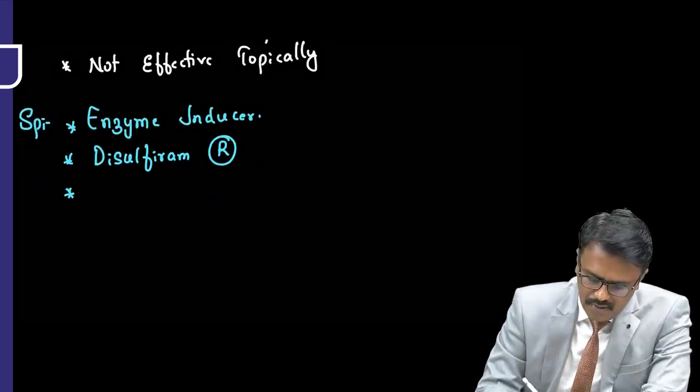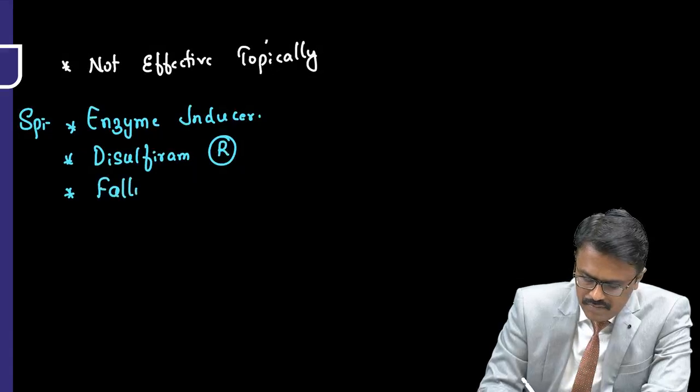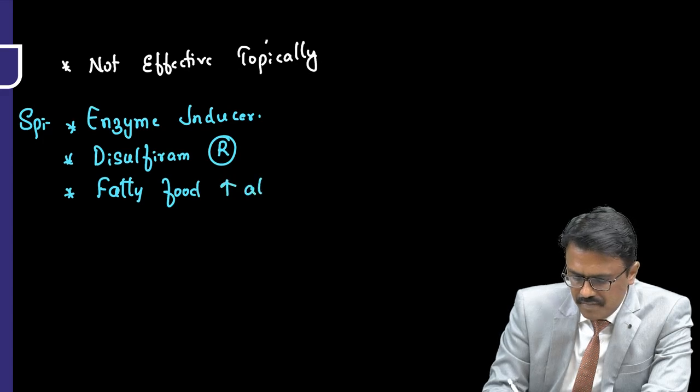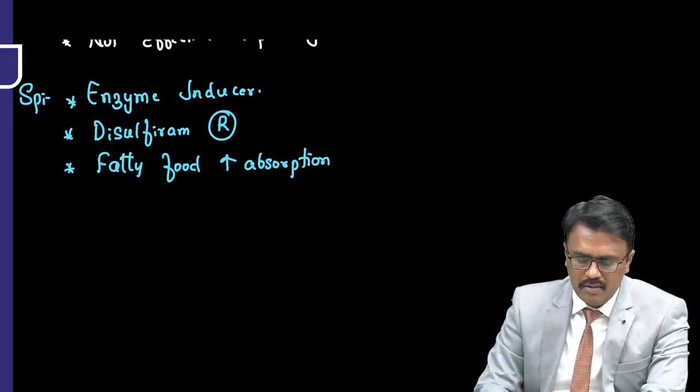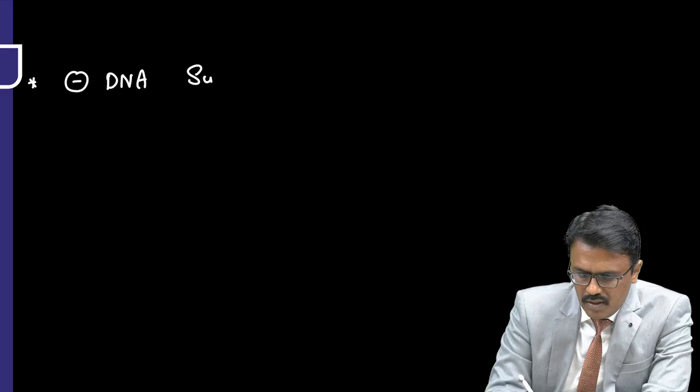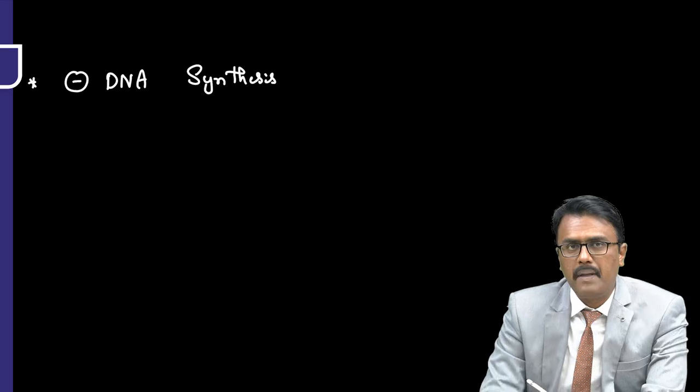Then, if this is taken with fatty food, it increases the absorption of this drug. That is griseofulvin. Now we are done with this target. The next target is to inhibit DNA synthesis. And what is the drug name? The name is called